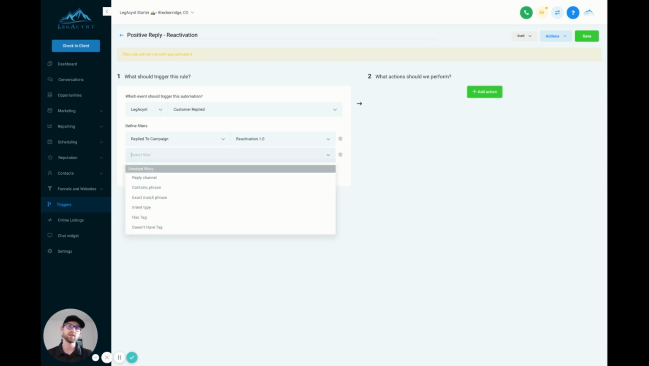And here we can do a couple things. We can select the reply channel. We could say it's email or text. If we want to really narrow in on that, we could say contains a phrase. We could say it has to have this exact match phrase, either yes or no exactly. Or we can put an intent type. Since we're asking for either a yes or no, I would go with the intent type, because if you use